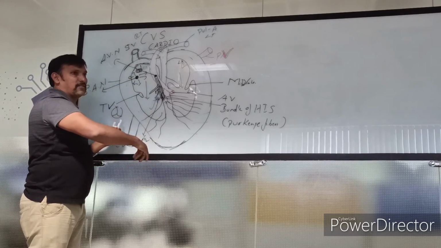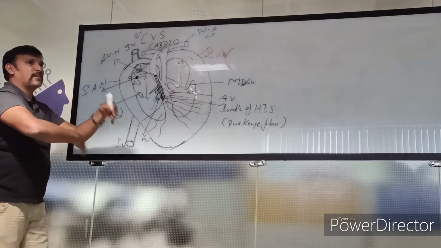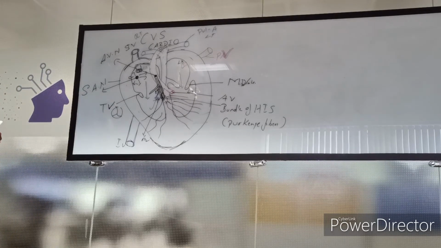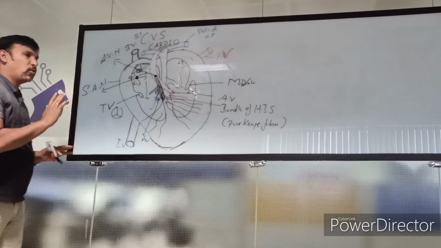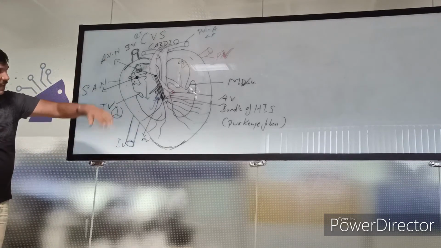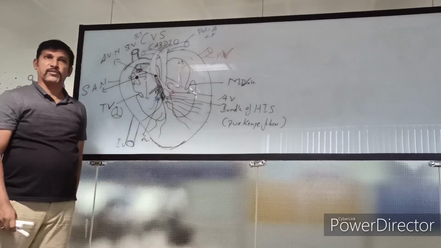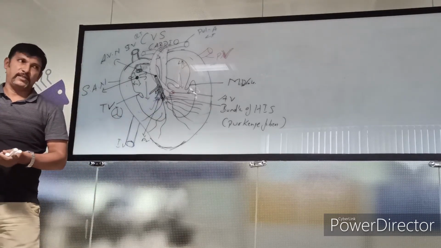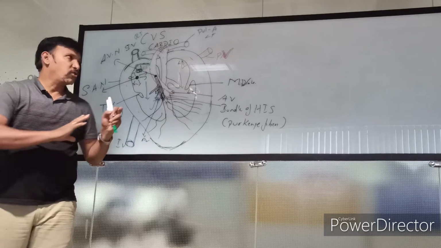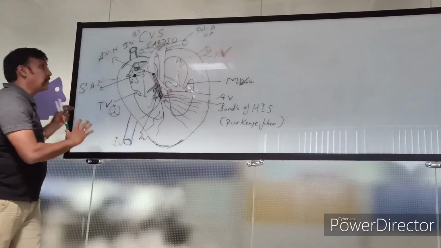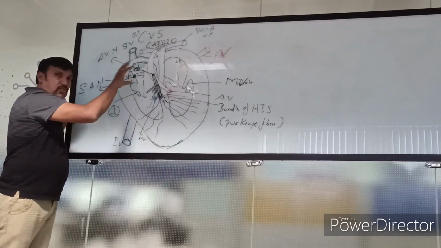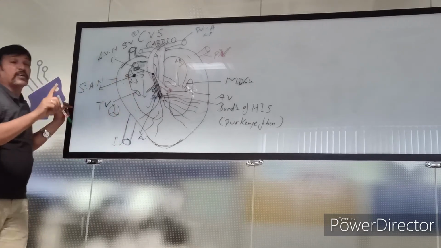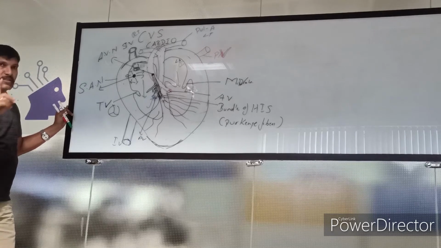The blood gushes in. All this happens simultaneously. Did you get the idea? The whole thing. So first the anatomy and this picture completely. I will repeat this with your book, the same thing. Alright, so this is the whole conduction system. What are we to work on? Anatomy we spoke. Physiology we spoke, how this happens. Then the lub-dub sounds, the first heart sound. We call it S1, S2.